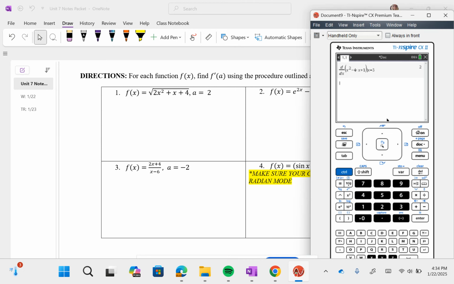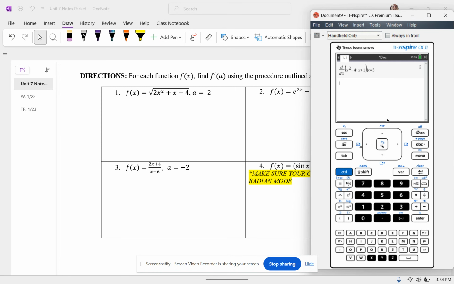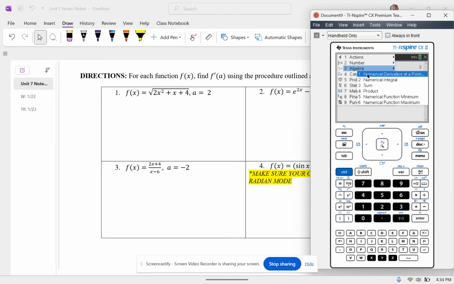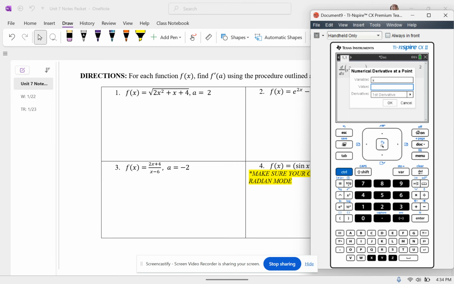Okay, so for question number 1, what I would do is calculate the derivative at a point with respect to x. Why didn't it prompt me? Oh, I have to go here. Menu for numerical derivative at a point. There we go. And the value is going to be right here, 2, first derivative, and now I'm going to type in the function, 2x squared plus x plus,